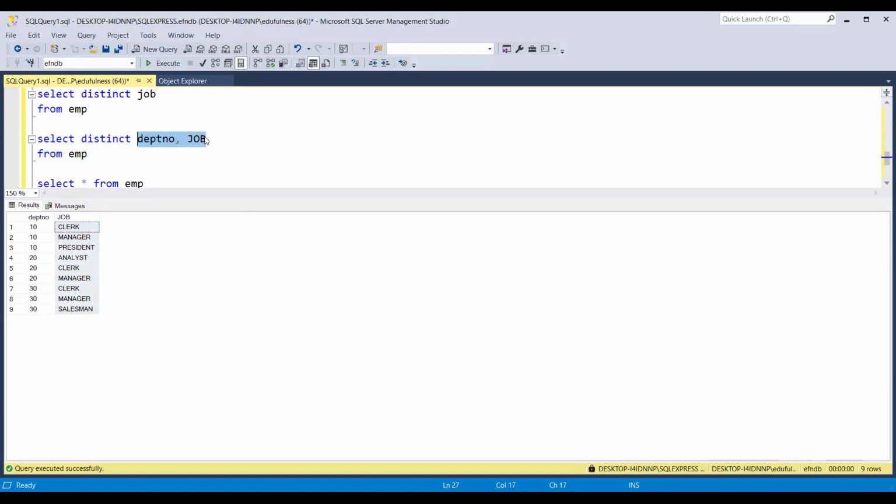You should always be strict to the basics. Distinct is always returning unique values. When you have multiple columns, their combination is unique. A 10 clerk combination you will never find in this list.